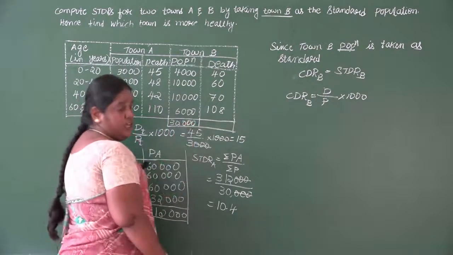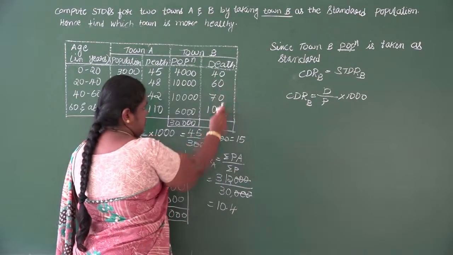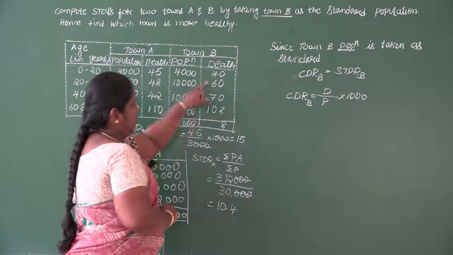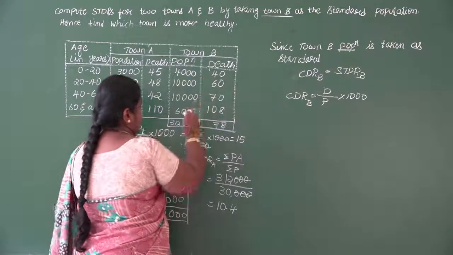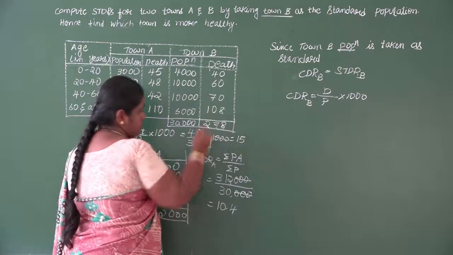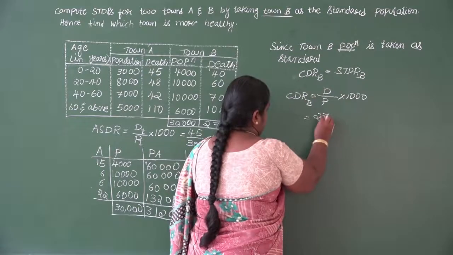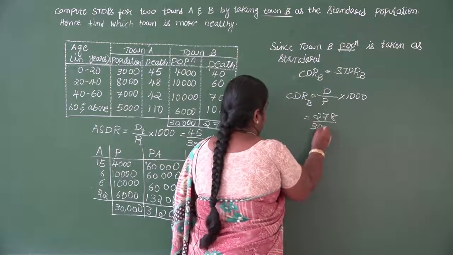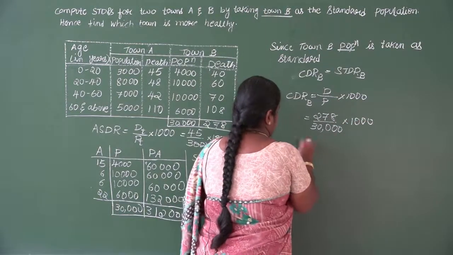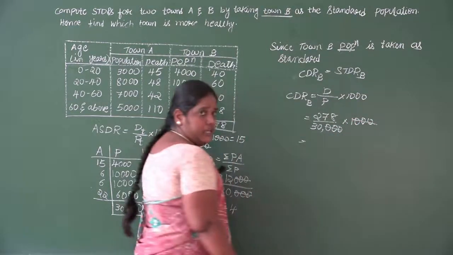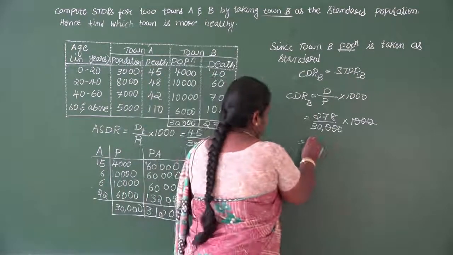Now add the town B death. So you can add here 0, 0, 0 and 8, it is 8. Then 4 plus 6, 10. 10 plus 7, 17. 1 carry up, so 1 plus 1, 2. So it is 278 divided by 30,000 into 1,000. So again 0 and 0, so you can cancel. So we'll get it as 278 divided by 30. So it will be